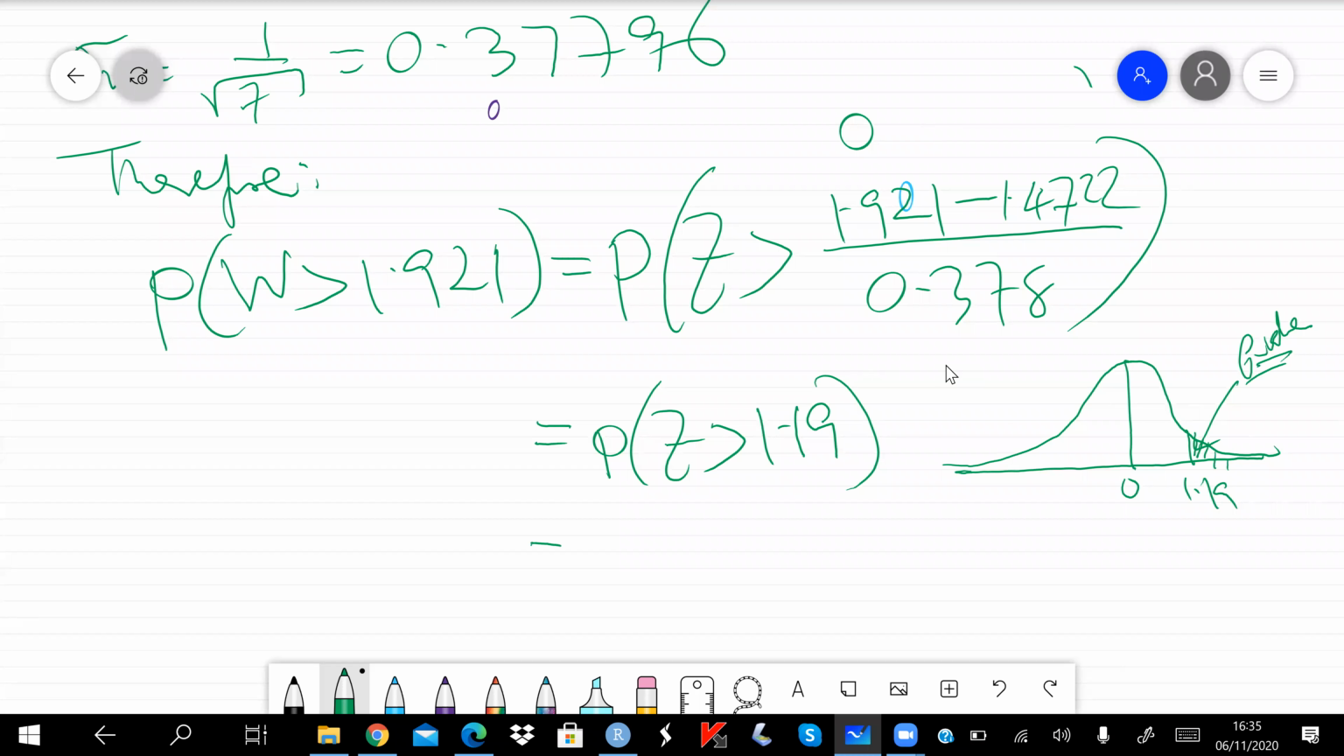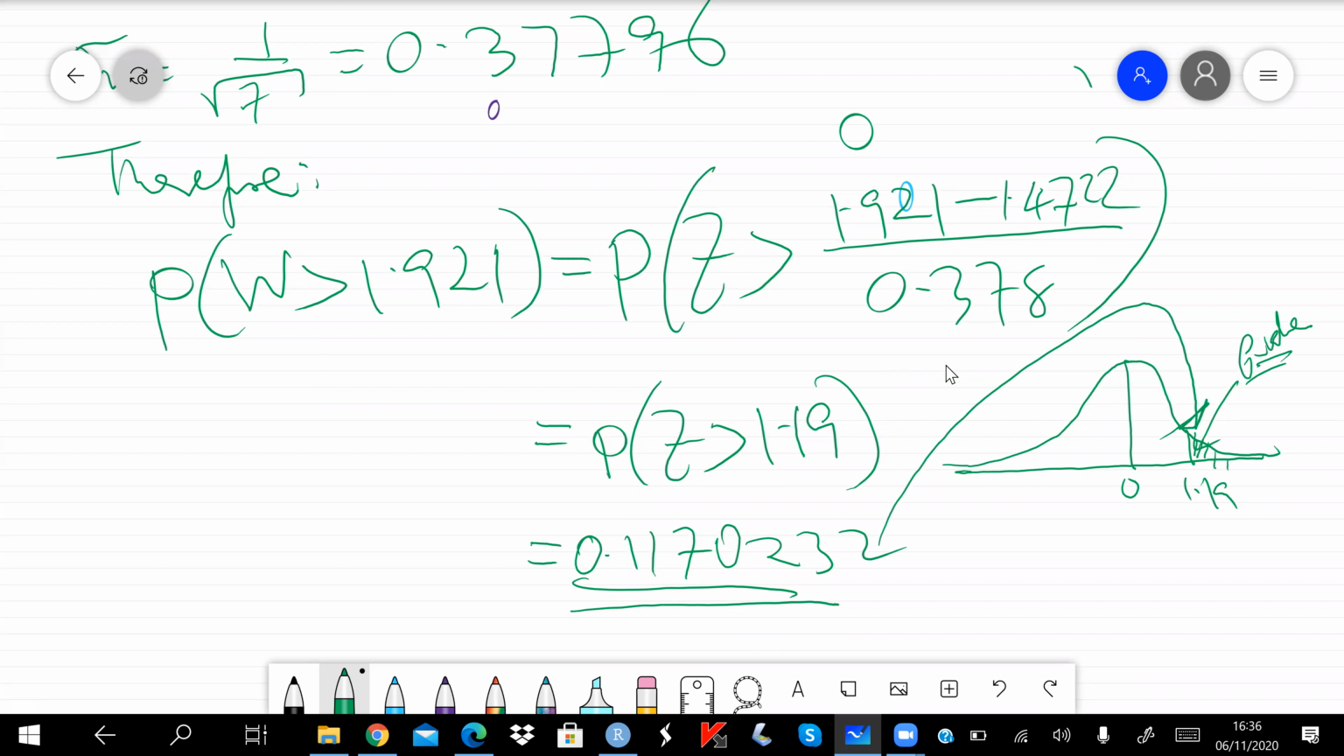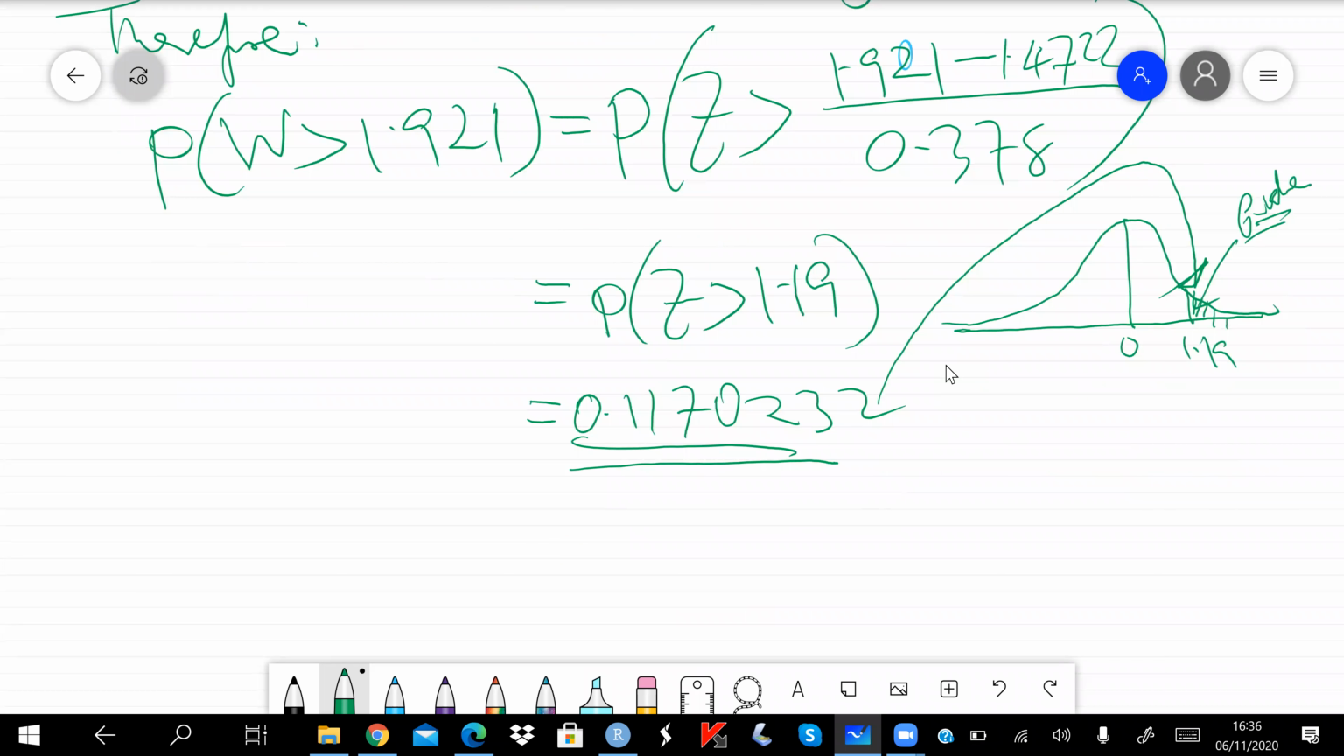So using R, we obtain that this probability is equal to 0.1170, something like that, 233, 232, looks like that. Okay. So this value here is the p-value for the test statistic in question. So this is this area here. So if that is the p-value, we conclude that